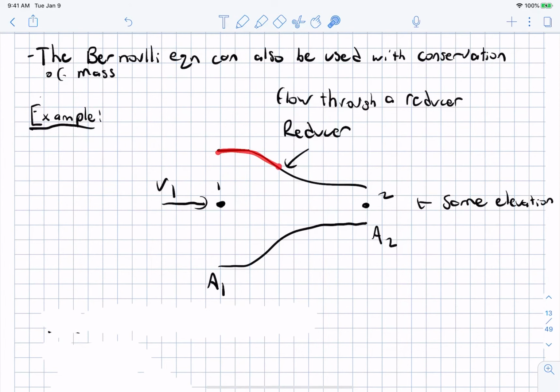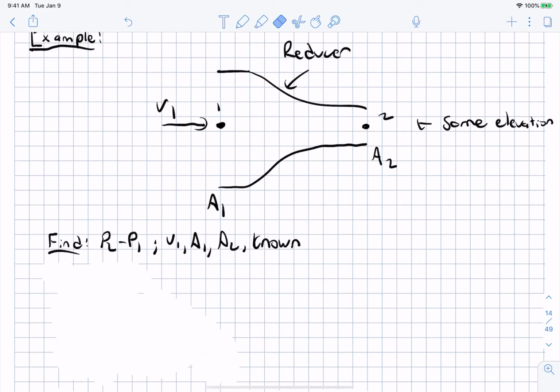So we have a sort of nozzle, sometimes called a reducer, where you're going to take a section of pipe of one diameter and decrease the diameter of pipe to a smaller diameter. And so we'll call this station 1 in the big area, and the flow is moving from the big area to the small area. Okay? And we know the velocity 1, and we know the two areas, and we know that these 2 points are at the same elevation. Okay, and what we're asked to find